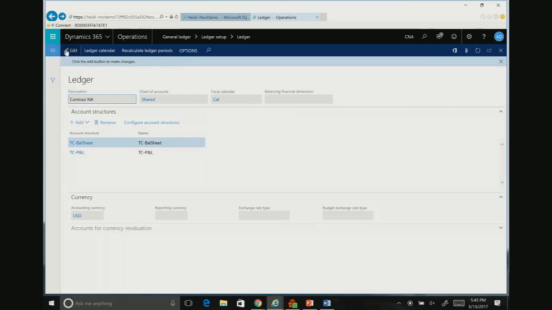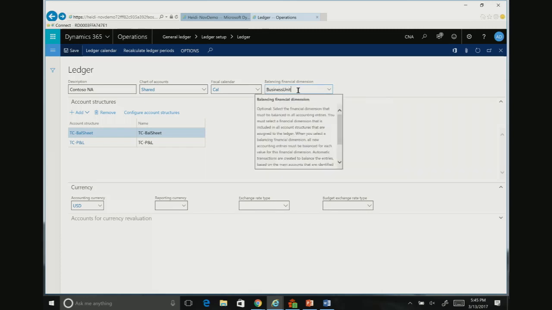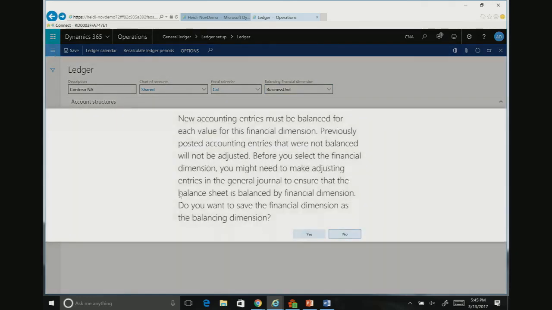So here on the ledger, I can also specify that balancing financial dimension. We talked about this earlier, and it was part of the requirements for the organization. If we want to ensure the balancing financial dimension, I can specify which financial dimension, and in this case it's business unit. And so that will ensure that if I'm entering a transaction for business unit 10, we'll have corresponding balancing entries for that business unit. There is additional setup required for this, and that's part of the inter-unit accounting. So if I save this on the ledger, the one other area I need to go to is